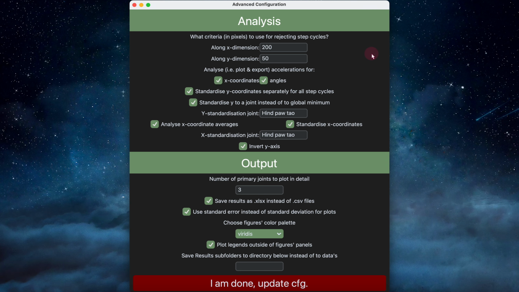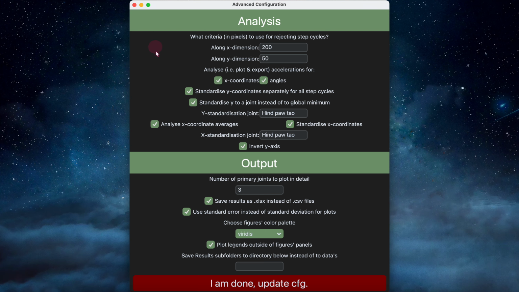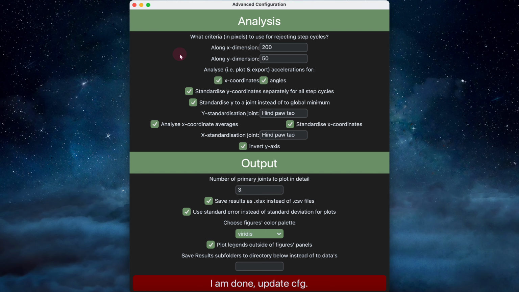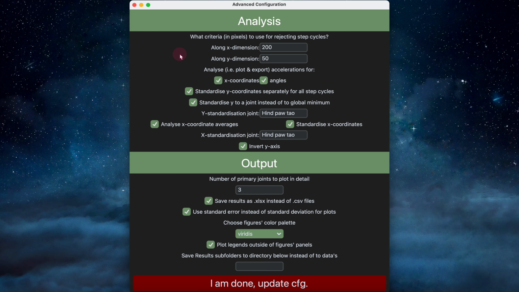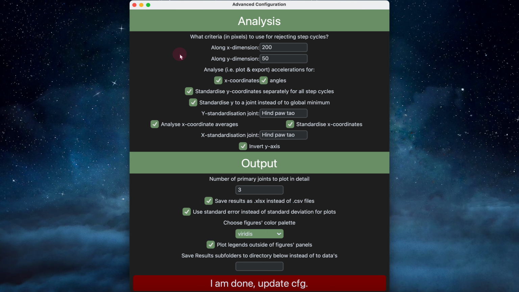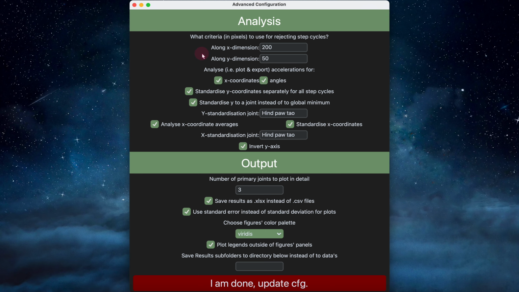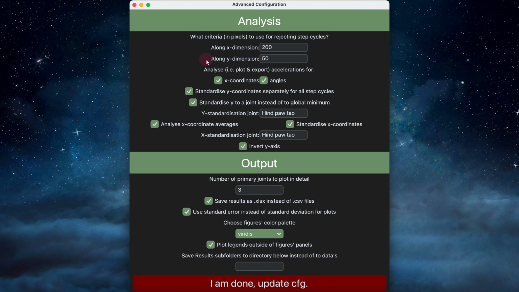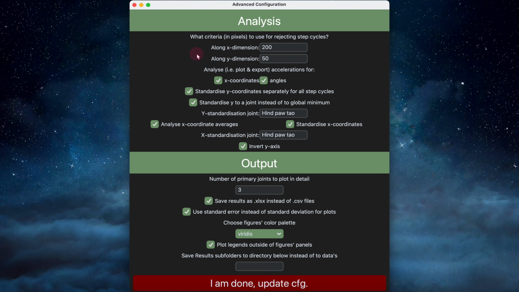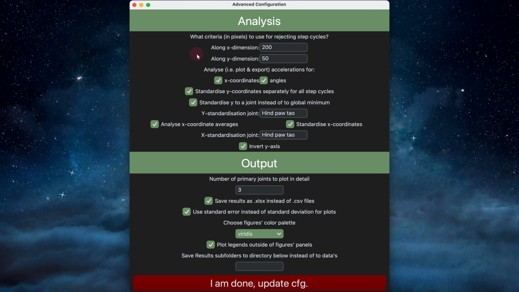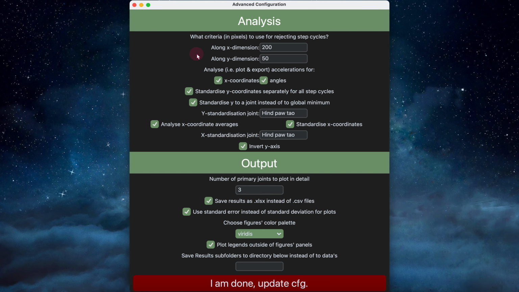The advanced configuration window is separated into analysis and output. For analysis, it starts with the criterion you want to implement for rejecting step cycles. So this is the criteria we use for checking if Deep Lab Cut tracking has failed. And we have two criteria for the X and the Y dimension, so for the horizontal and vertical dimension. And what these do is they just check if from one moment to the other, so from one frame to the other, in a given step cycle, any of the columns of your primary joint, so this is only for primary joints,